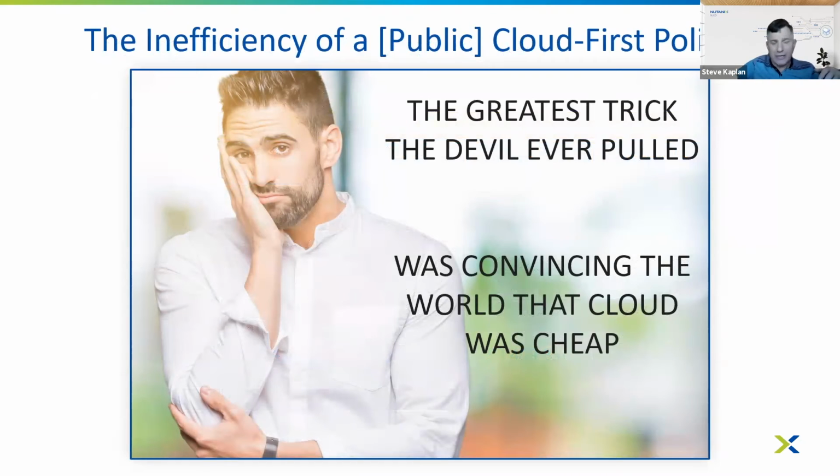Public cloud, of course, has this tremendous momentum. AWS alone is on a $50 billion run rate. You take the momentum of public cloud and combine it with the deep frustration of SAN-based infrastructure, the complexity, the inflexibility, the high cost, and you get this pressure for organizations of all sizes to lift and shift to public cloud. During my frequent talks with organizations across the globe, I often hear, many times proudly, we have a cloud-first